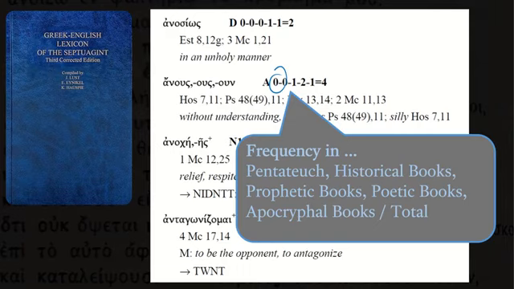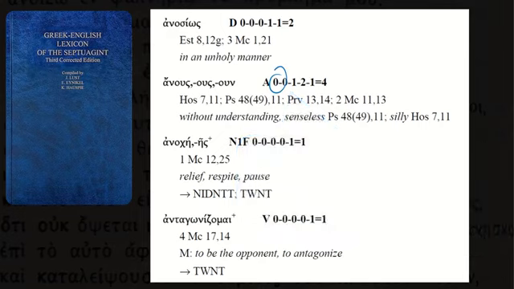The third number, and so in this case 1, would be from the prophetic books. The fourth number from the poetic books, including Proverbs and so forth, so that'd be like 2 here, and then the apocryphal books, and then the final number there after the equal sign is, of course, the total. So for those who want to see the distribution, that can be helpful. But again, if you're going to use Logos or Accordance, you probably would just figure that out on your own.